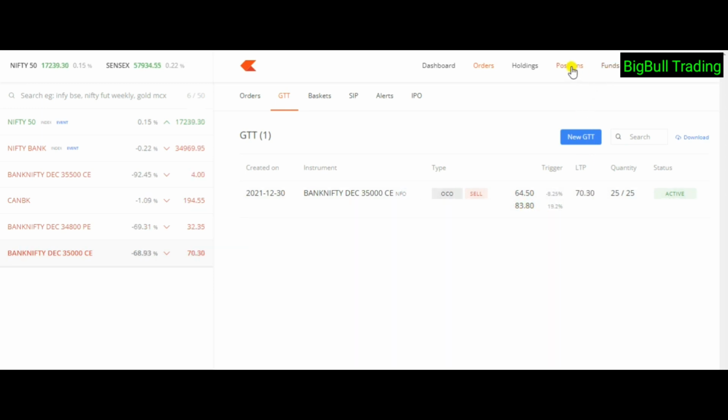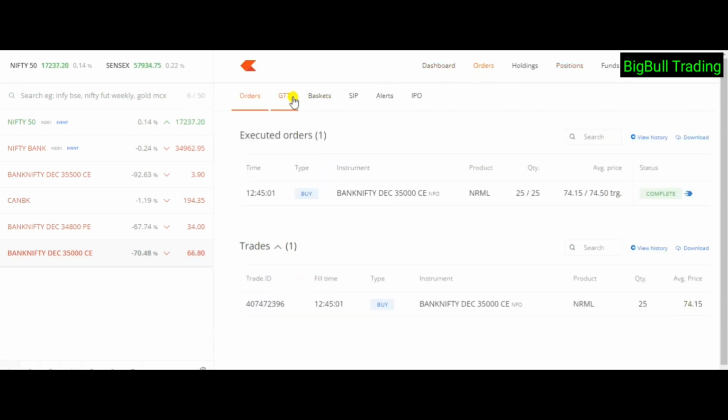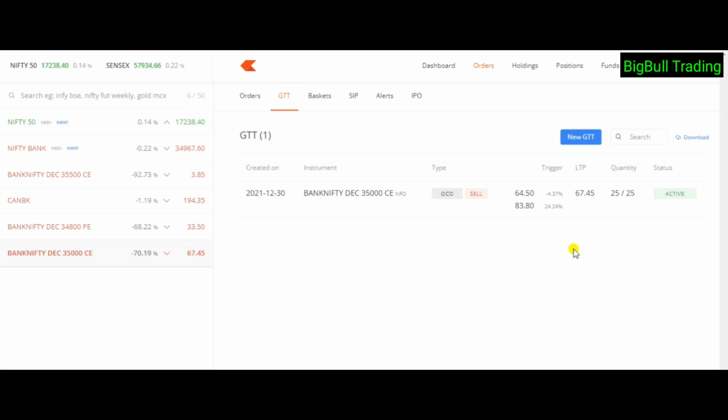But friends, please note, whenever you are doing this, you should be in front of the system, because this is a limit price for the stop loss and the target. Whenever the limit price comes and there are no pending orders, your order will not be executed. So even if you put this one, you should always be in front of the system, because once it happens there is slippage: the price comes but it is missed, and only when it comes to the same price again does it hit. To be on the safer side, I always suggest that whenever you are taking this type of order, you should be in front of the system to get it done properly.